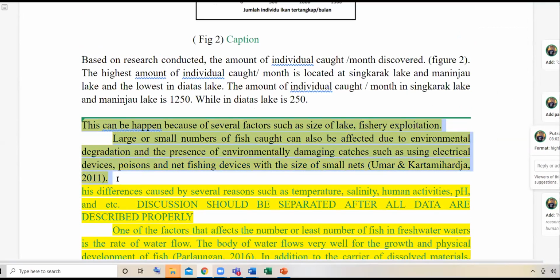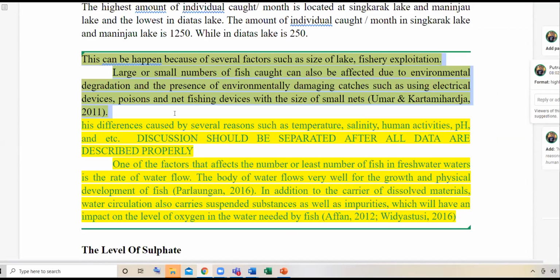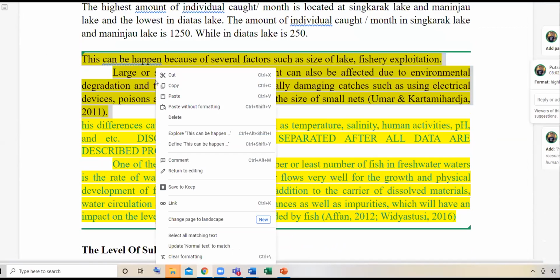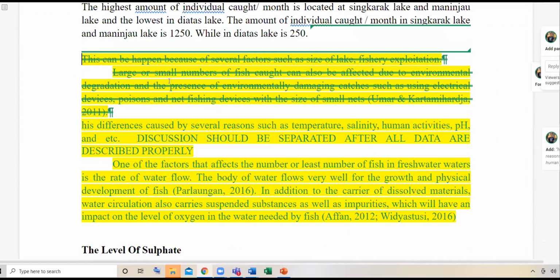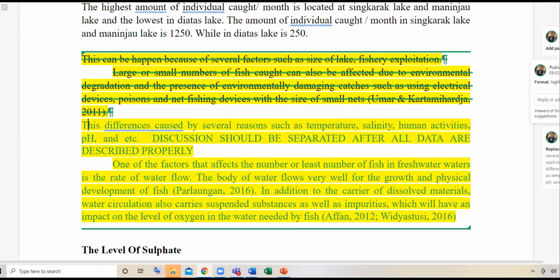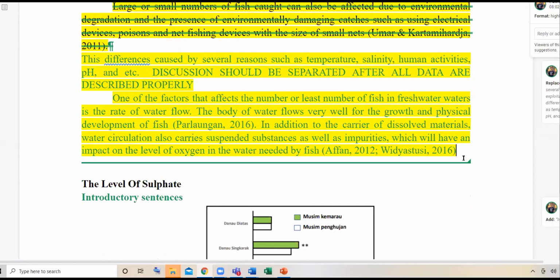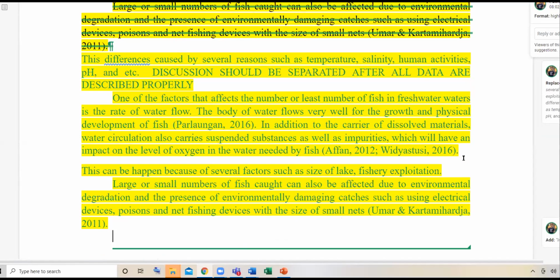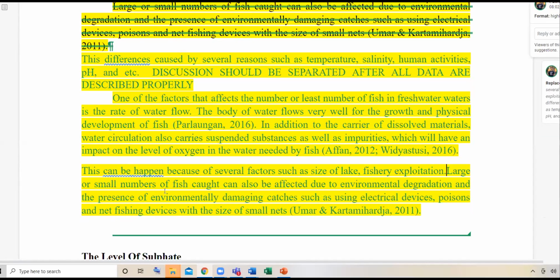So this one will be part of the discussions, the paragraph of discussion. So even if we don't have to put the title, it by itself will construct,